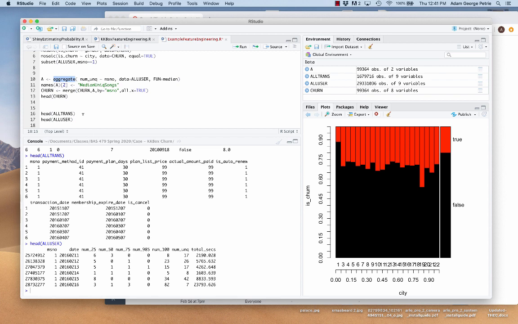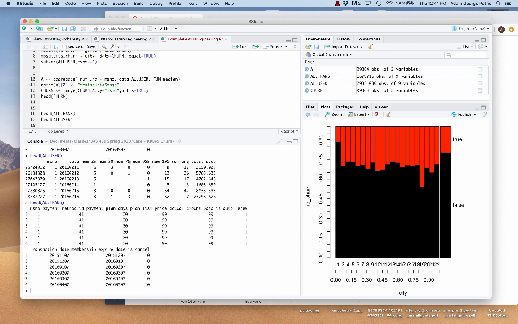So one more example here with the all trans. One thing we might be interested in looking at is, say, the most common payment method per user. It stands to reason that maybe users kind of bounce around between what kind of payment method they're using. Maybe sometimes it's Bitcoin, sometimes it's credit card, sometimes it's gift card. And so we're going to use the aggregate function to summarize that. Let's figure out the most common method of payment